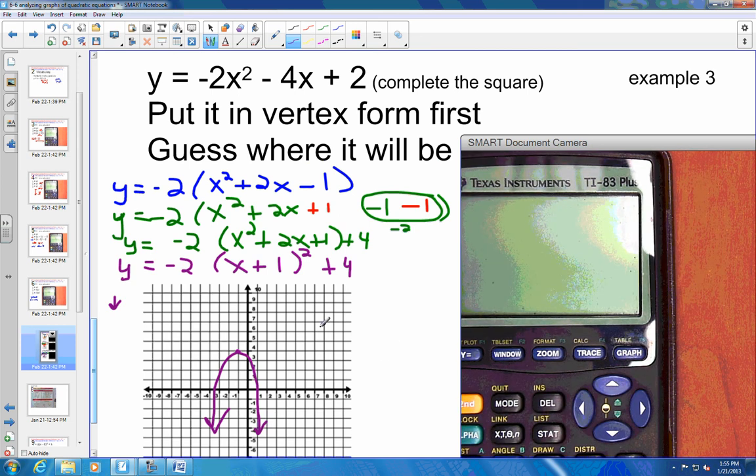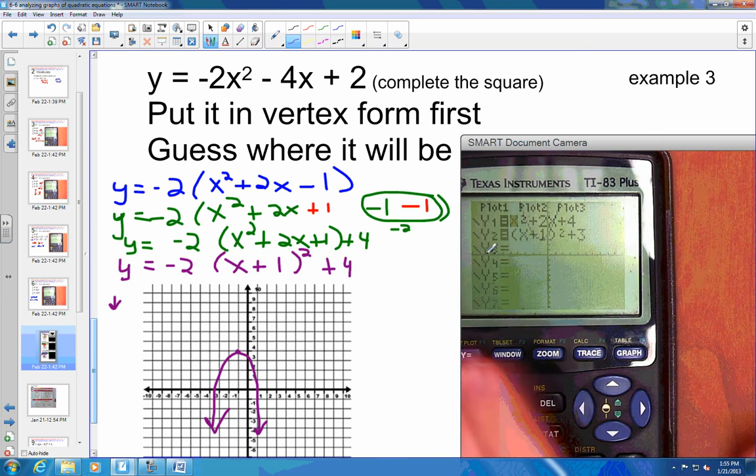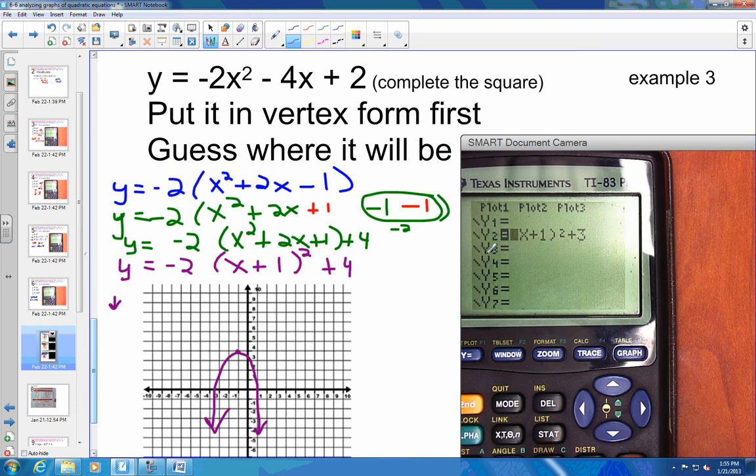Okay, let's grab the calculator and see how close we got. So clear that last one out of here. And go to the original equation. So